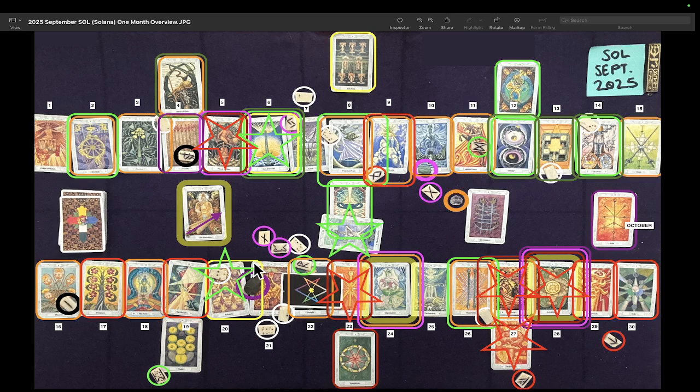Another peak and a trough taking place on the 21st with this big move to the upside reaching for distant resistance. And then we've got this unicursal hexagram overlapping the strength card. So there's probably some really significant price swings going on here around the solar eclipse. A peak in there, sharp drop in there, a big move from the bottom of a range to the top of a range in there.